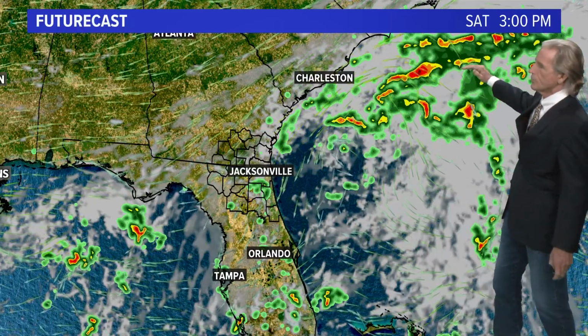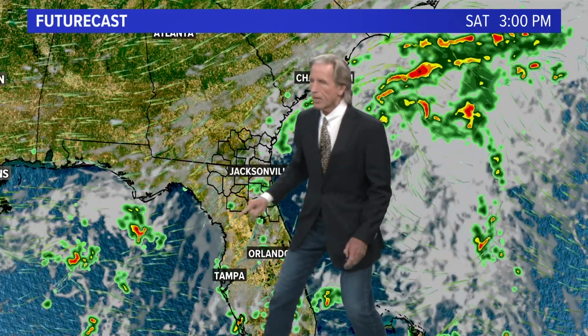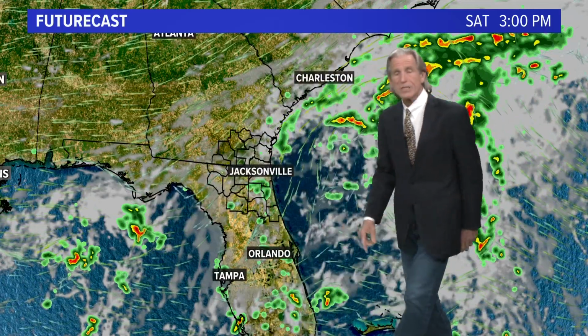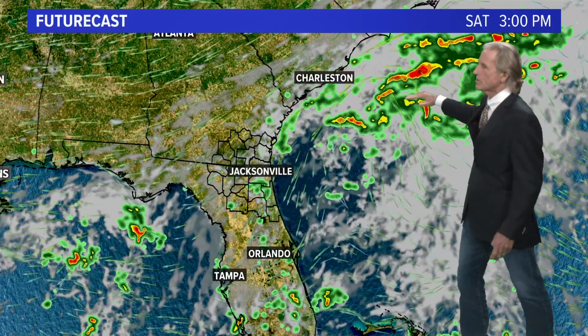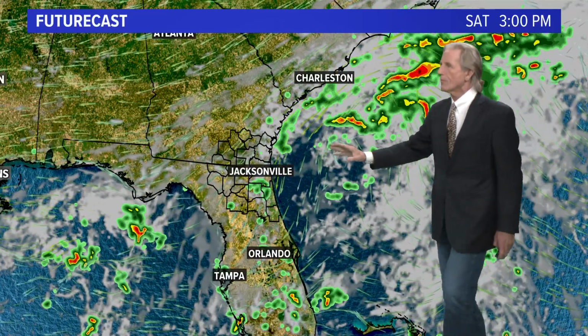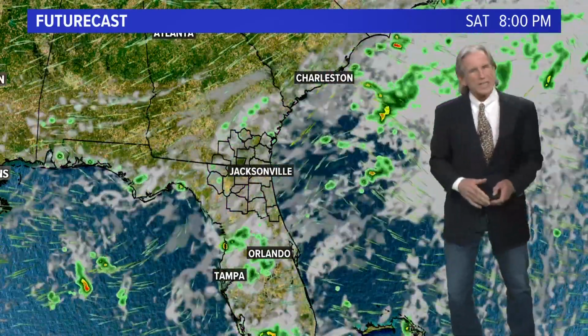So by tomorrow afternoon, a strong low pressure system off the Carolina coastline, another developing over the Gulf. So other areas will actually be wetter and stormier. But if you can kind of connect the dots, that's where the front will be tomorrow. And it's going to take all weekend long for this front to push on through and for some drier air to come on in. So although I do not expect the weekend to be quite as wet as the last,